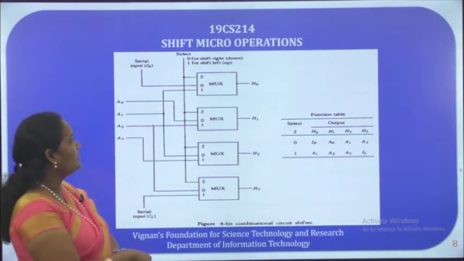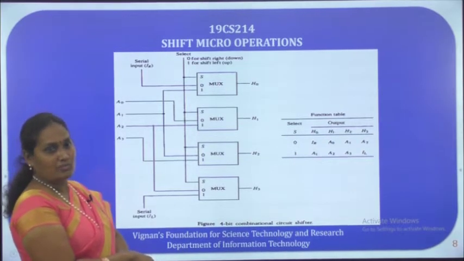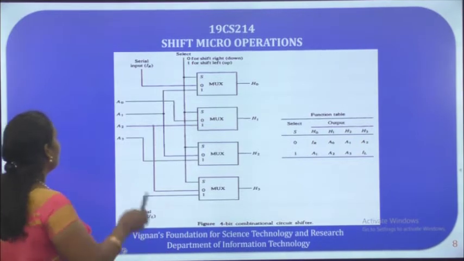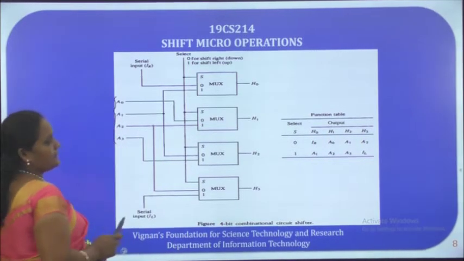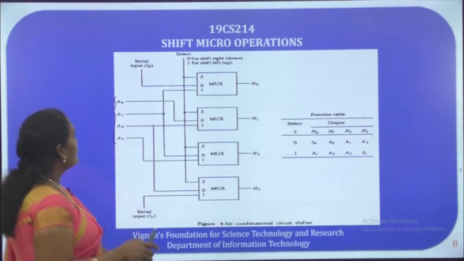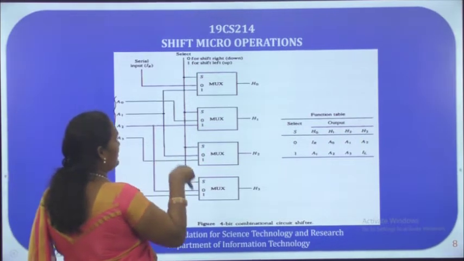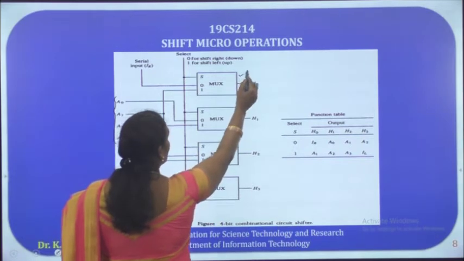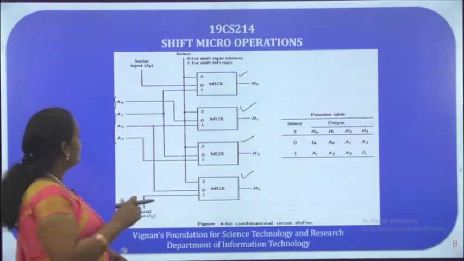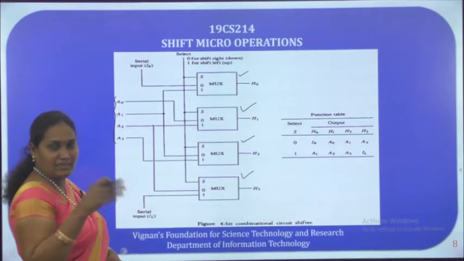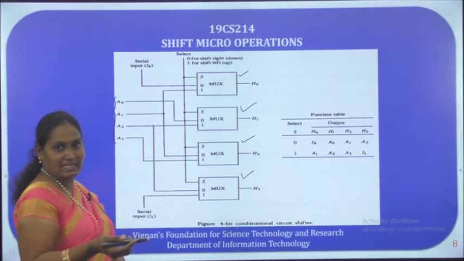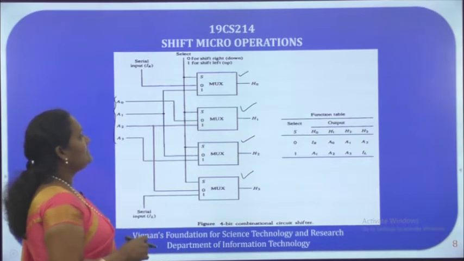So how a shifter circuit is to be designed to implement these shift operations. Let us see, for doing the shift operations we need only one operand. We take the operand as A. A contains 4 bits. Those 4 bits are A0, A1, A2, A3. For the implementation of the shift operation, we need to have 4 multiplexers. Since it is having 4 bits only, we are taking 4 multiplexers. If the given number contains 8 bits, then we need 8 multiplexers. Like that, based on the size of the data, we have to consider the multiplexers.